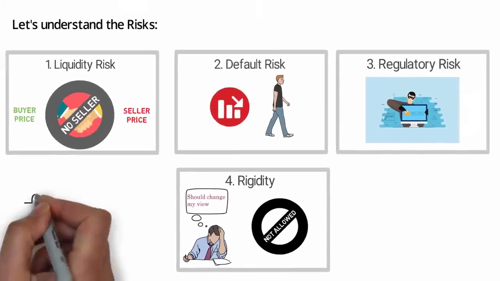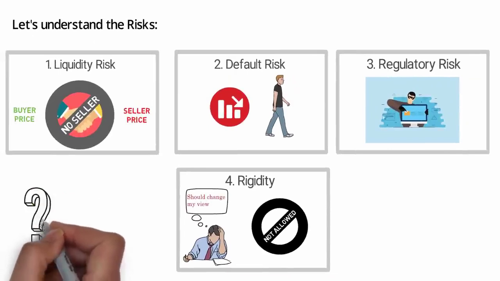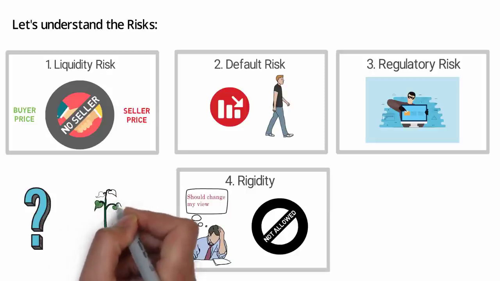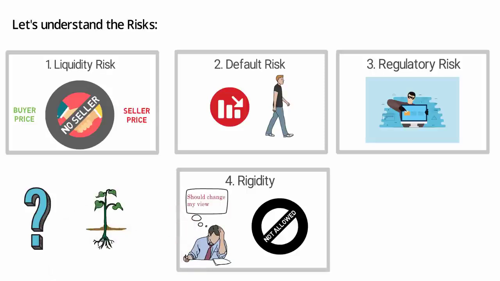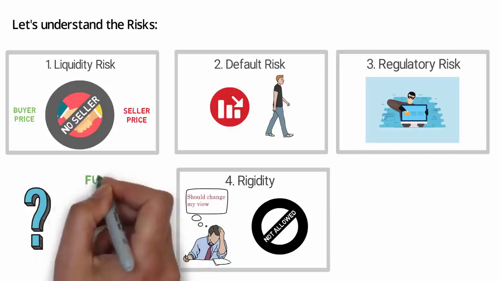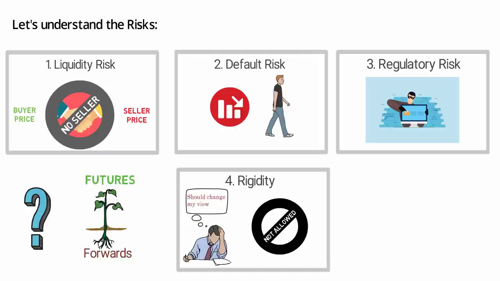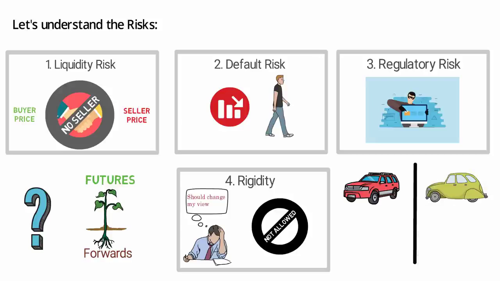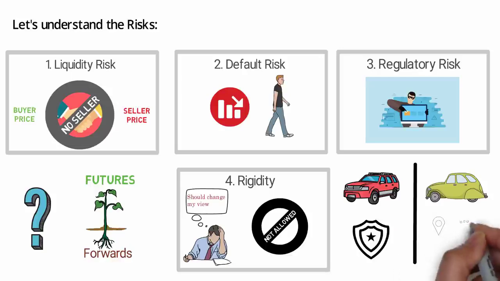Because of these risks, we need something flexible yet safe, regulated and reliable. We needed something that will keep the core value of forward contracts, but at the same time give us some extra safety net. Therefore, futures were introduced to eliminate the risk associated with forward contracts. Think of it in this way: if you compare a modern generation car with an old generation car, the modern generation car has safety features like seat belts and airbags, along with the core function of driving you from point A to point B.